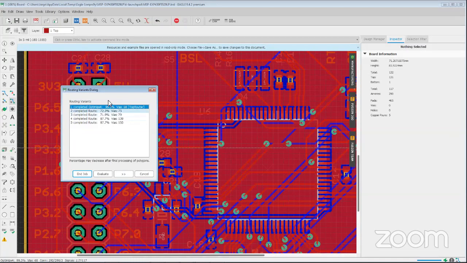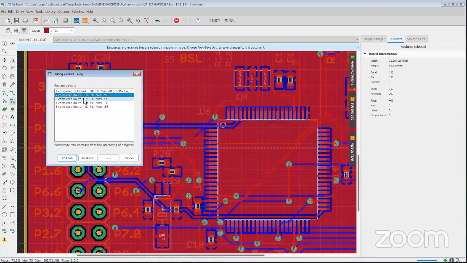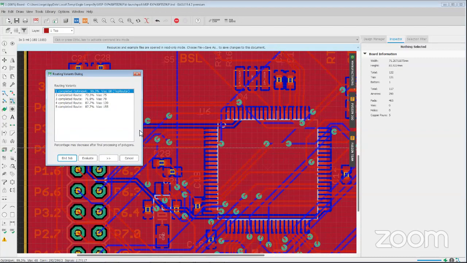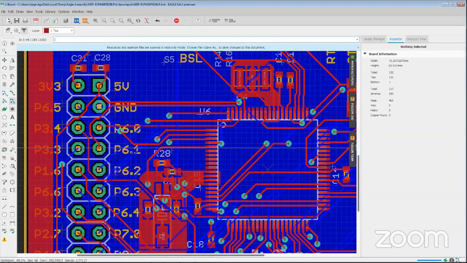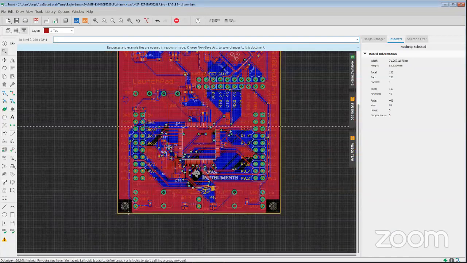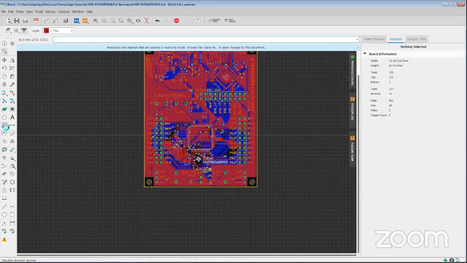Yep. So now it completed, as you can see. Completed, optimized for, went through all the routes. So we have these 5 results right now. Now we can go along and inspect them individually. So let's say, for example, I want to evaluate this one, see how it came out. I click evaluate, zoom in and out. I can rat's nest, make sure the polygon is clean and up to date. As you can see,